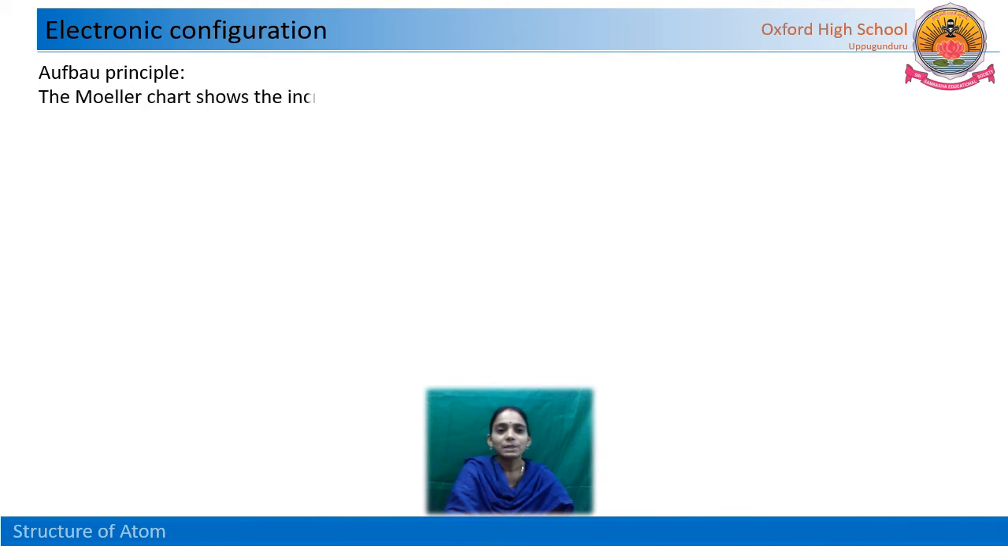Based on these n plus L values, there is a chart. It is called the Aufbau chart, proposed by Euler. See this one. If n is equal to 1, principal quantum number, and L is equal to 0, then we are